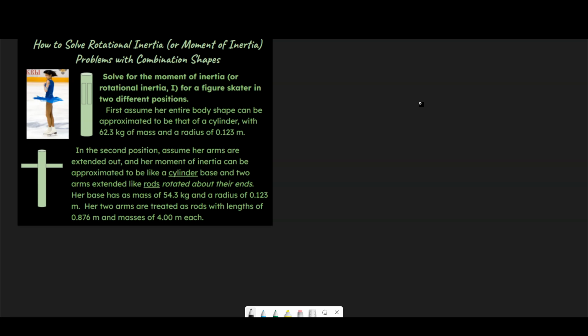And you can actually calculate different I values in both cases. And it feeds into something you probably haven't gotten into yet in your course of physics or AP physics, and that's angular momentum, which will be a later topic, but this is a stepping stone to be able to understand that. And we're going to have this be like a cylinder, and this is going to be like a